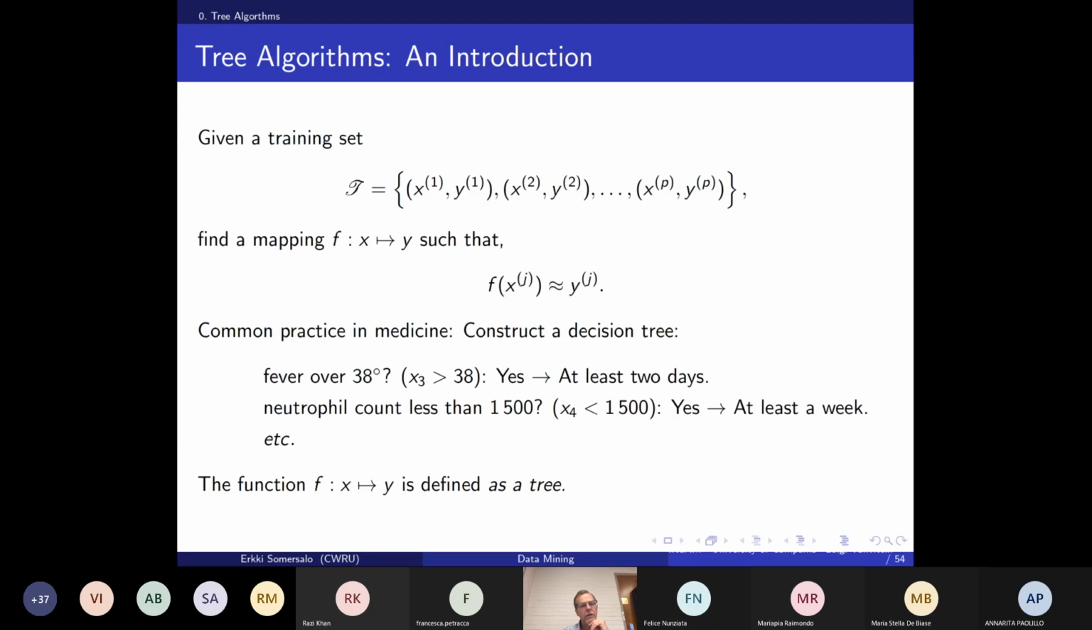So what we start with is the training set. The training set in this case would consist of data vectors, which are exactly the answers of P patients to those questions. Okay, so we have patient one,